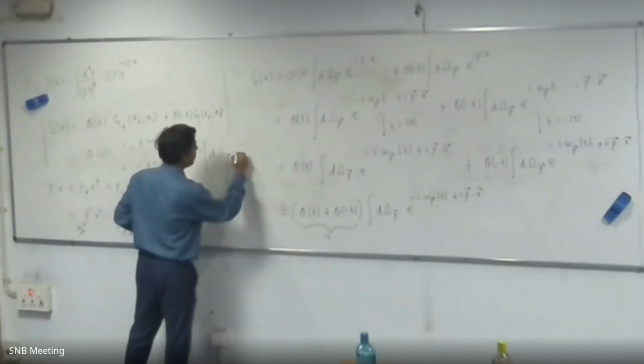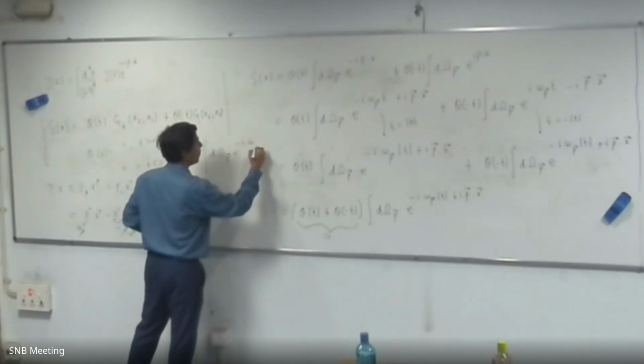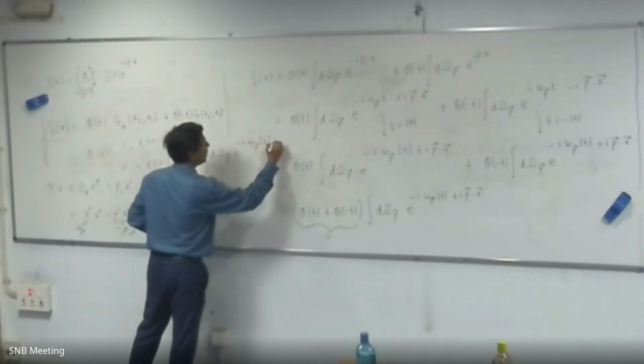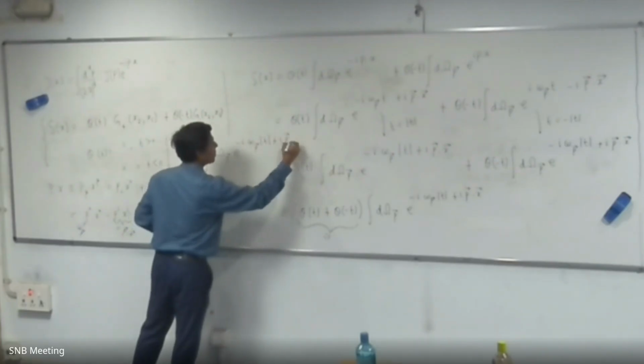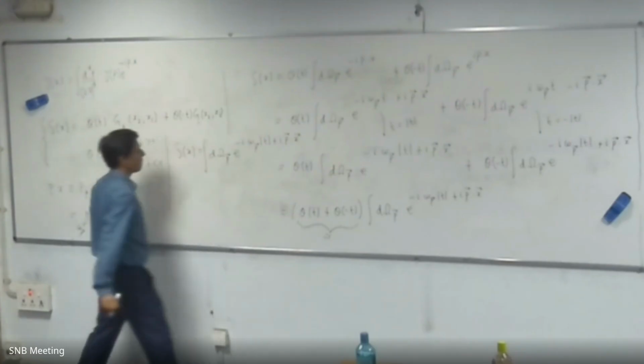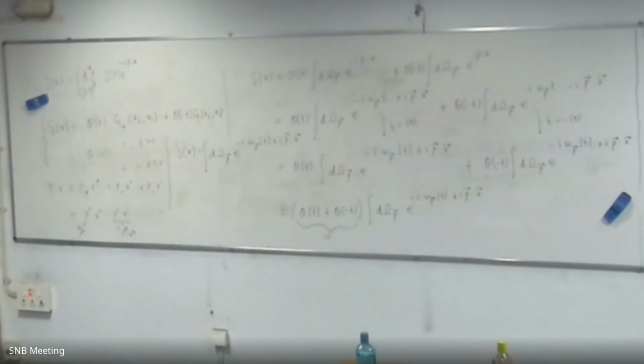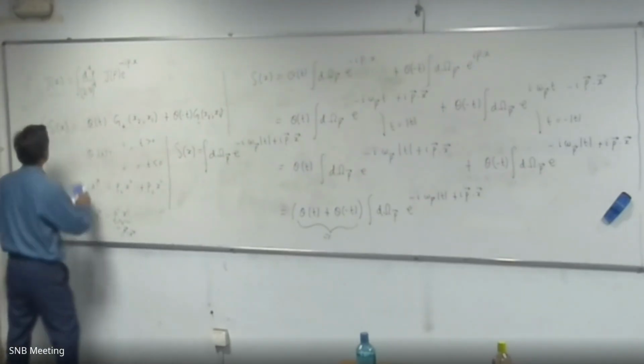This is basically e to the power of minus i omega p modulus of t plus i. This is what you have. Clear? Okay, so